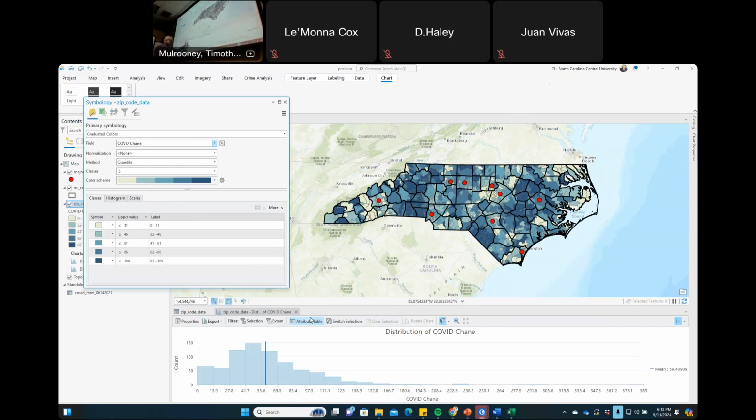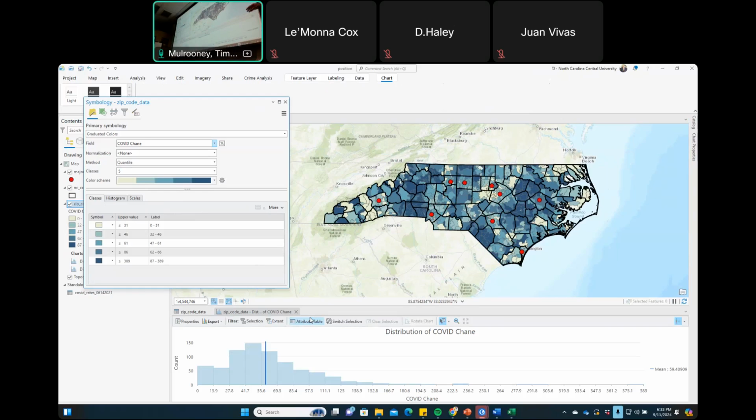Okay. Now, when we look at the distribution, do you notice anything about the distribution of COVID change between September and October 2020? Pretty normal, right? You got these outliers way out here where you probably had some outbreaks over here. But for the most part, it's just nice normal distribution skewed to the right a little bit, which I think is interesting. You know, we don't make this stuff up here.